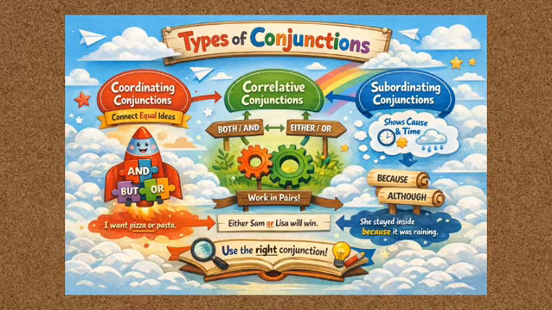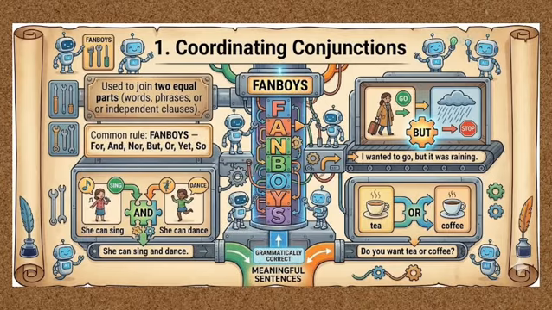It shows the cause and effect and the time of the happening of the event. For example, if I say, she stayed inside because it was raining. So here, because is the subordinating conjunction. Now, let us discuss the types of conjunctions in detail, starting off with the first type of conjunction, that is,